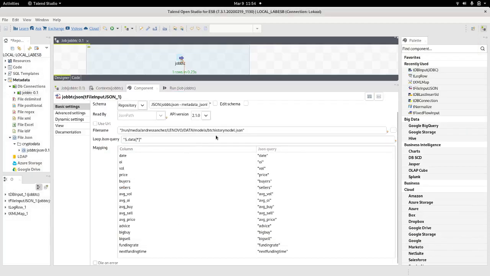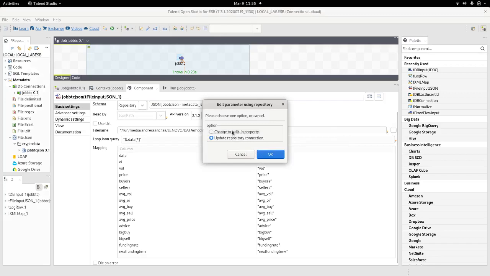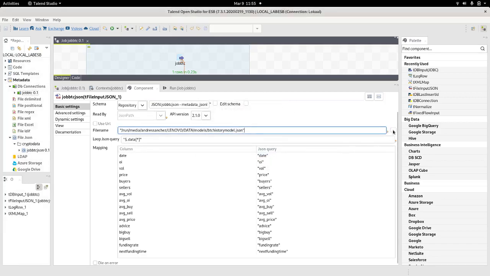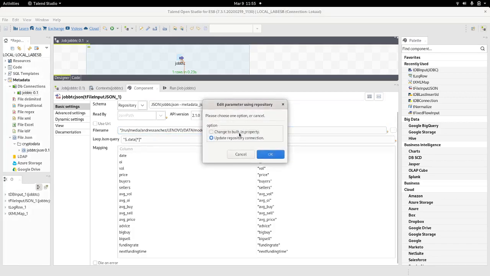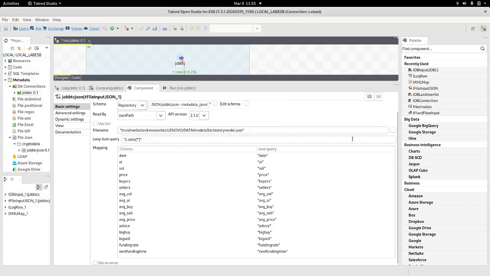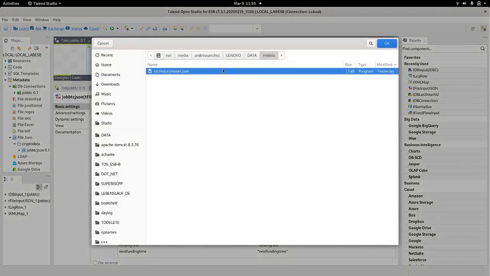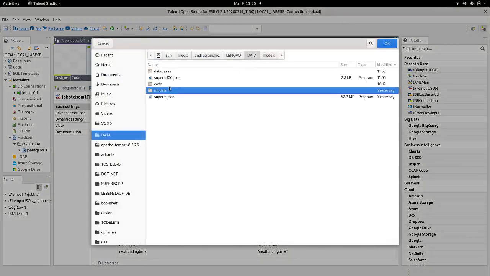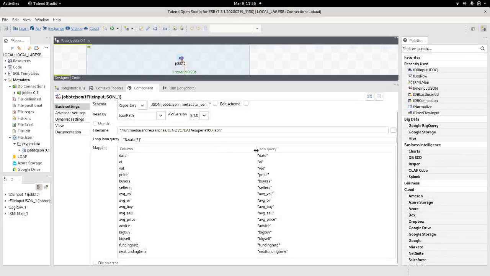So if I change this to read not the model, can I change this from here? Change built-in property. Let's change built-in property, and now I can just find the one that I want to parse, and it's this one, 100. And that's it. I save,